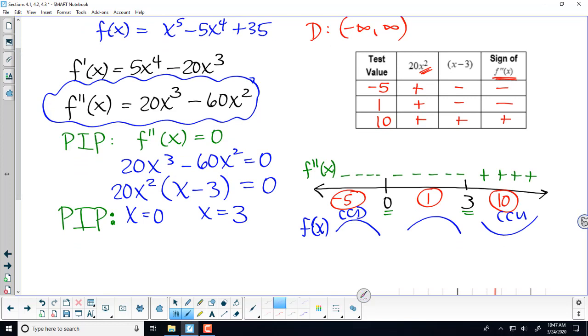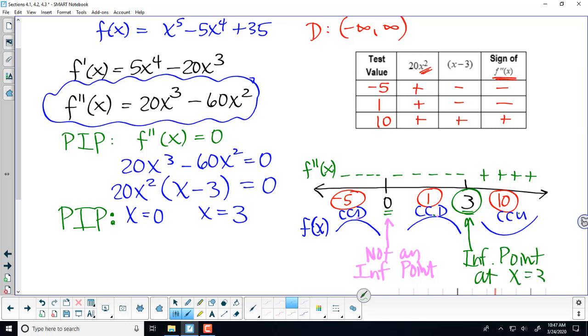Well, I can see it goes from concave down to concave down. So 0 is not an inflection point because it does not change concavity. Okay, it's concave down to concave down. But look what happens over here at 3. We go from concave down to concave up. So this is an inflection point